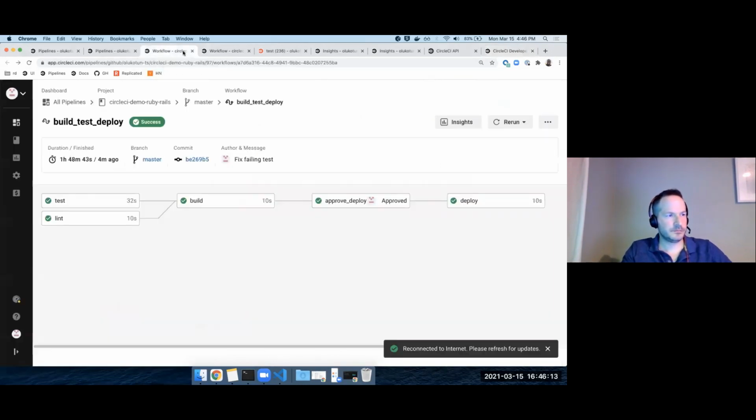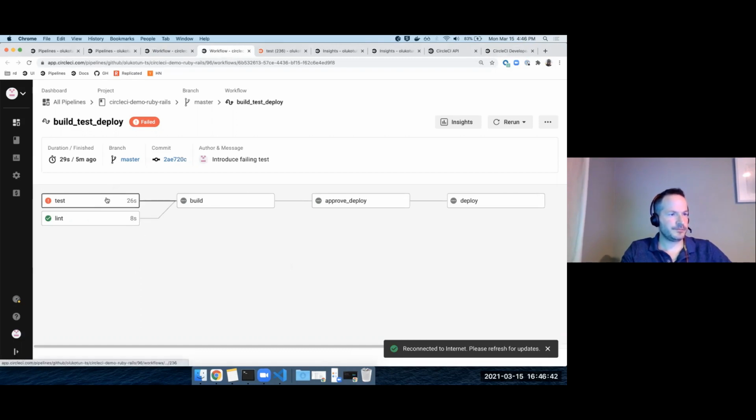Going back to the UI, we've talked about what it takes to set up a successful build on CircleCI. Next, I'd like to talk to you about some of the features that CircleCI puts in place to enable you to quickly recover from a failing build. First of all, we give you a clear visual indication of what has failed. Unlike some other platforms where you'd have to dig through logs to figure out what has gone wrong, on CircleCI,